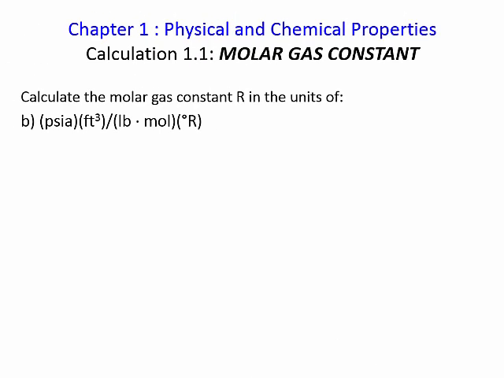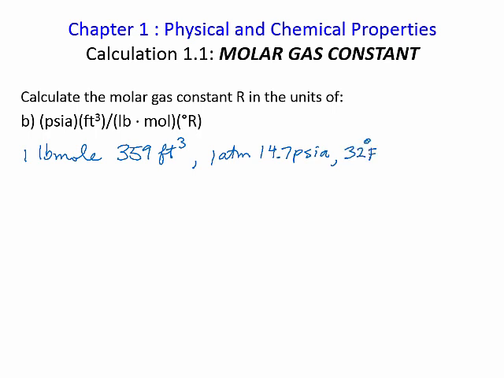For part B, we use a basis of 1 pound mole, and we know that 1 pound mole of gas is 359 foot cube at a pressure of 1 atmosphere or 14.7 psia and a temperature of 32 degrees Fahrenheit or 492 Rankine. Solving for R equals PV over nT equals